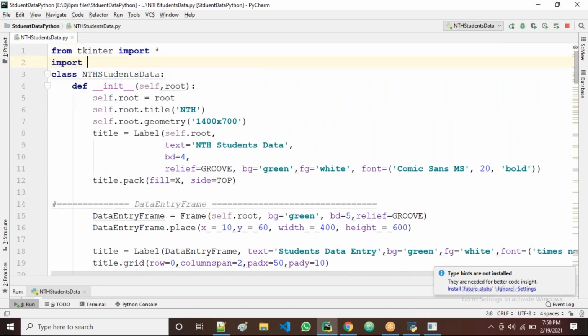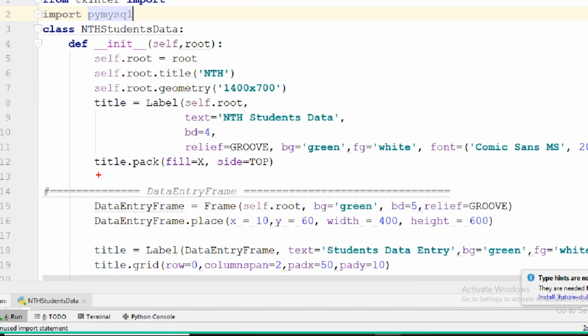Import PyMySQL. Actually, guys, this one we have to install from the command prompt. In my machine, I have it already, that's why I'm using it directly. Otherwise, if you are doing it for the first time, then go to command prompt and type pip install PyMySQL. That's all.